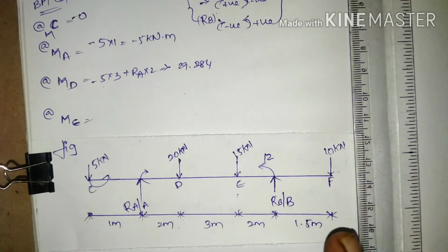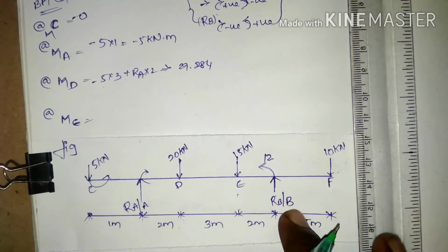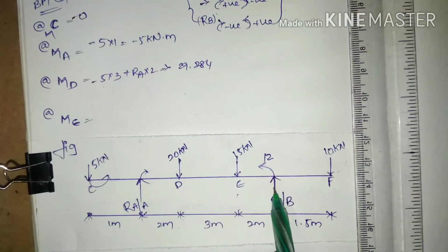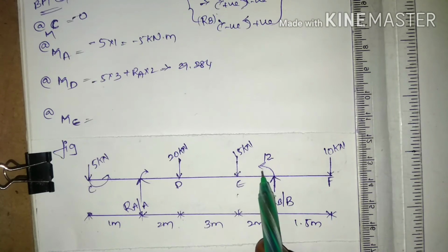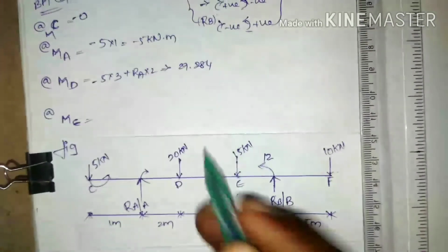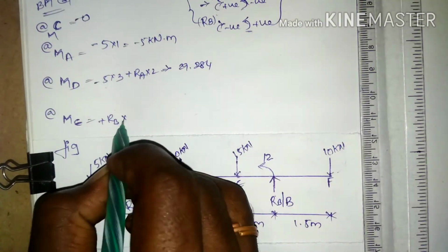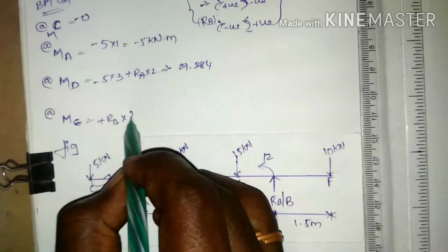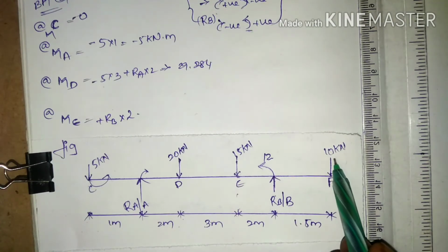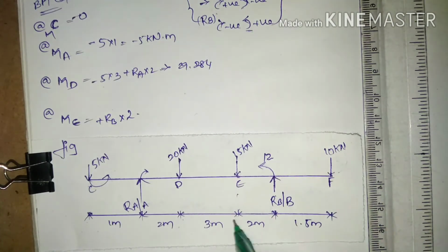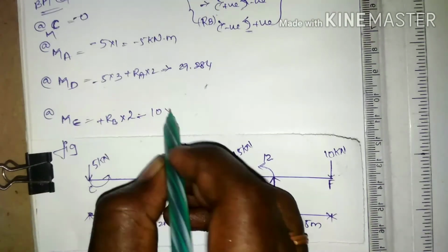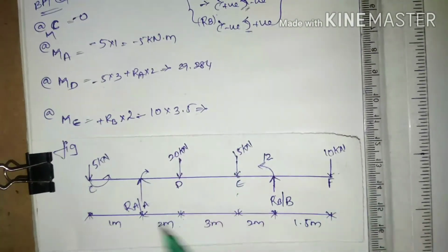If I want to take the moment about E from RHS, we have a sign convention of clockwise as negative and anti-clockwise as positive. This RB is going to take moment about E in an anti-clockwise direction, so we have a positive sign, that is positive RB into the distance from E to B, which is 2 meters, RB into 2. Next, we have the 10 kilonewton point load which acts at a distance of 3.5 meters, that is minus 10 into 3.5, negative because it is clockwise. The value gives rise to